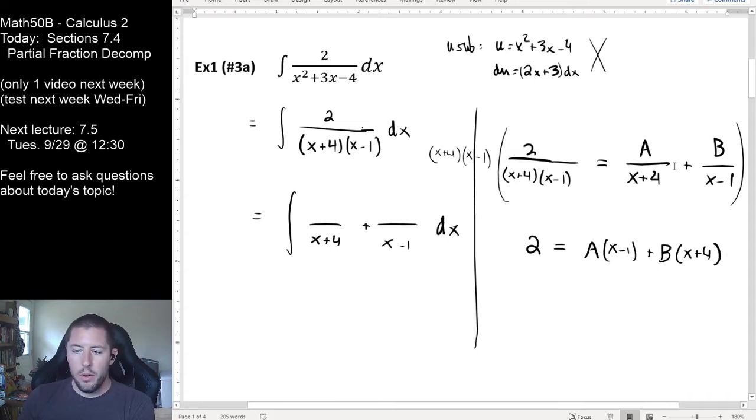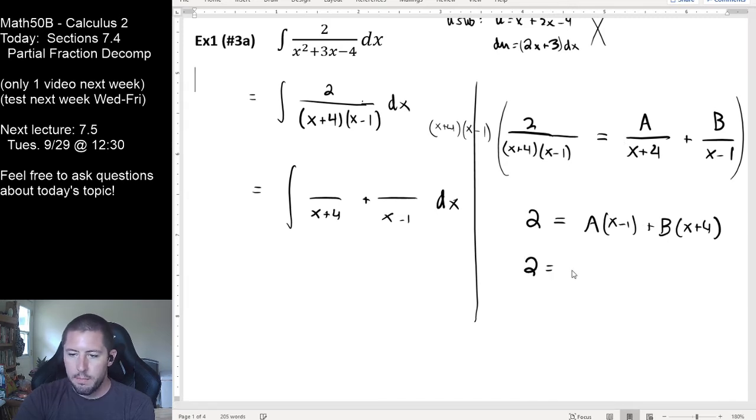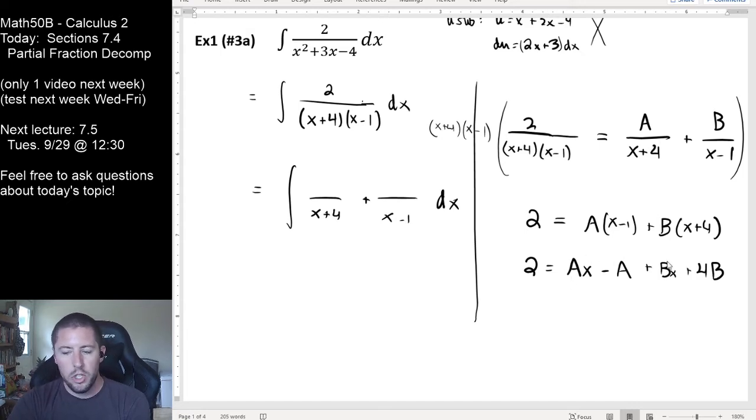The thing that I'm noticing now is that we have some constants in our equation and some x stuff in our equation. And here's the important part. I'm going to go ahead and expand real quick here. Ax minus A plus Bx plus 4B. And here's the thing that I'm thinking to myself. I don't know what choice I want to make for A and B for this to all work out, but the thing that I do know is that on the right-hand side, I seem to have some x components, but on the left, I have no x components. So I think a smarter way for me to write this is 0 x's plus 2 equals,